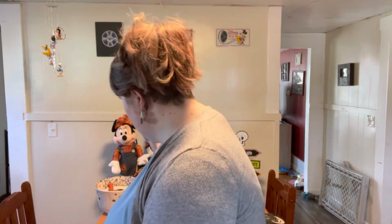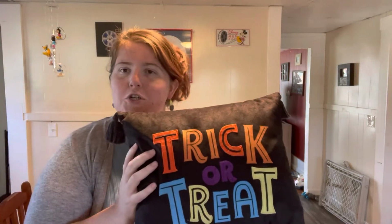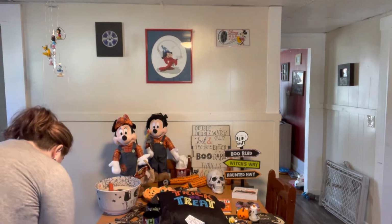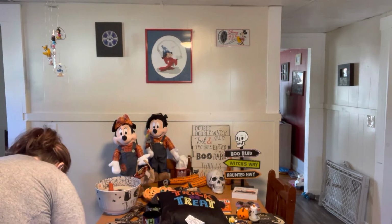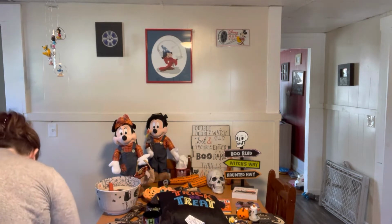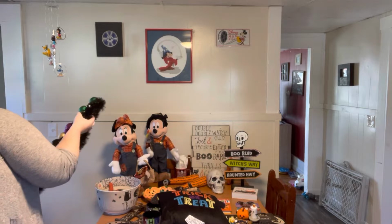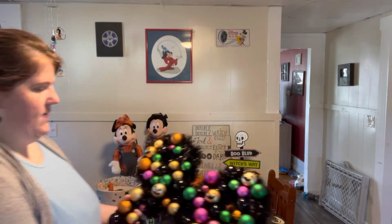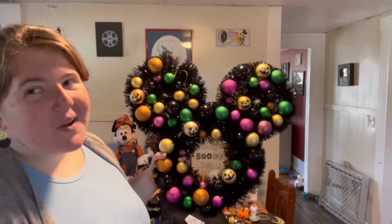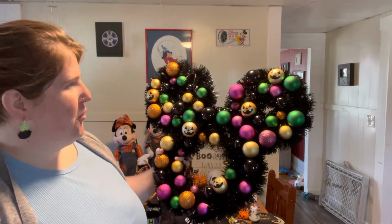Okay, earrings in. I took this out of the bag already. Trick or treat pillow. And then our spooky Halloween wreath. I'm a little disappointed in the quality of it since I think I spent like $35 on it,